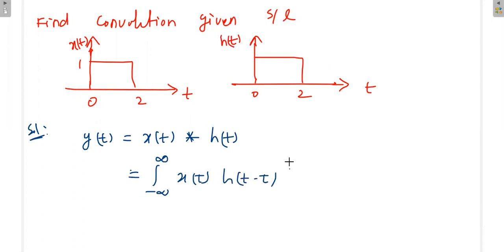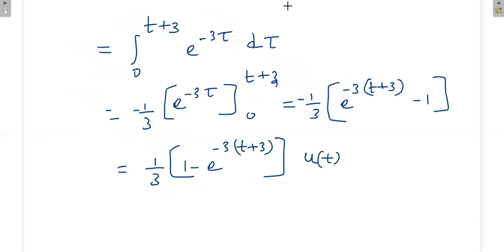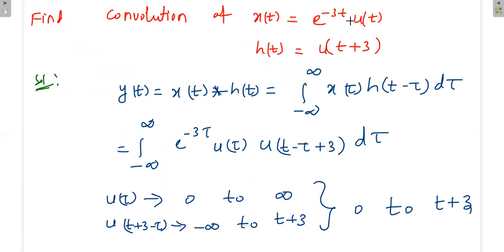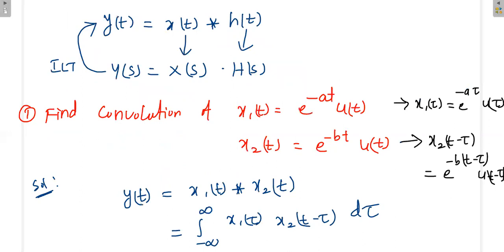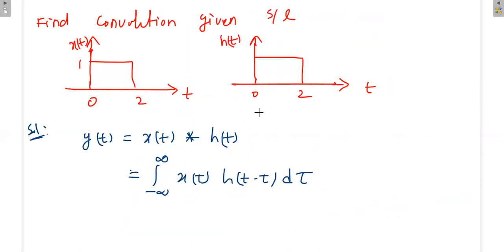Now this will be a little bit difficult because these are finite duration signals. So far, we have been discussing infinite duration signals, that means they go from 0 to infinity, as in the first case also. But in this case, we are discussing finite duration signals, so convolving them will be a little bit tricky. We'll write the mathematical equation for these two graphs, then apply this formula. In the next class, we'll do the convolution with the help of the graphical method.